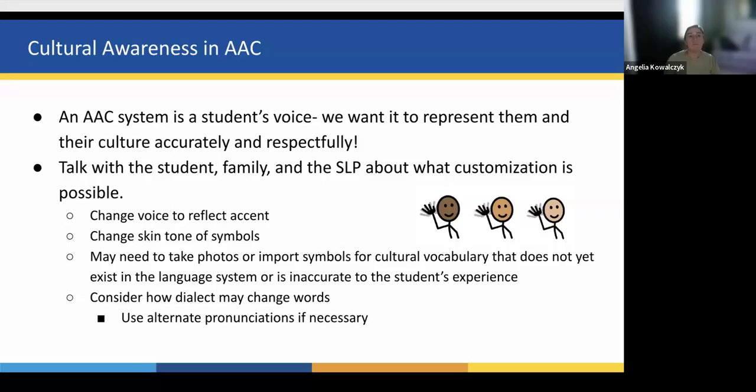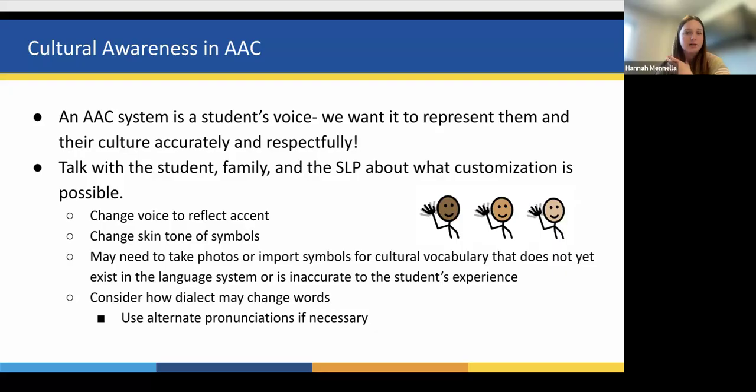One thing I'm thinking of, Hannah, is pop versus soda. Yeah. Yep. Any dialectal differences. And that's something, again, that is going to be a great way to get the family involved, hopefully feeling valued and understanding that this is the student's voice, right? We want this to be how their family talks, because that's how they talk.